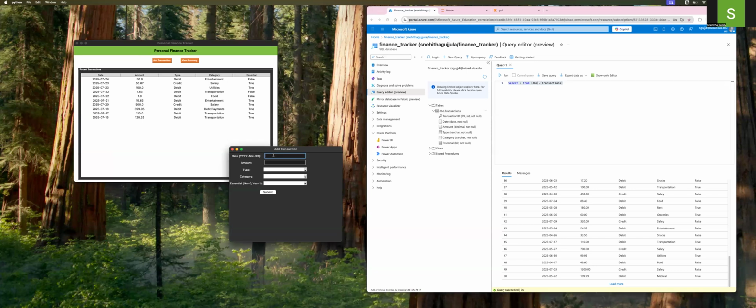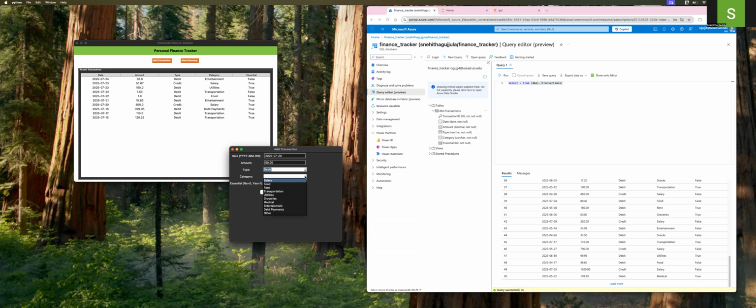I'm choosing a future date just to ensure we can see the transaction appear. So I'm choosing the date 2025-07-24, and for amount I'm choosing 50, and I'm choosing type debit,